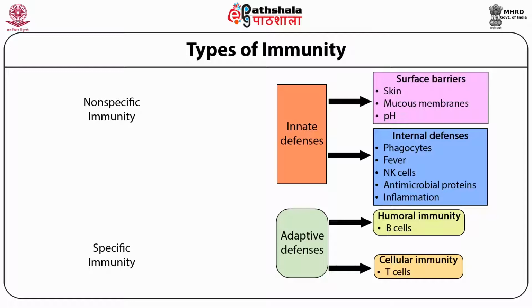When the pathogen binds to these receptors, the B cells proliferate and become effector B cells, which produce antibody. Similarly, the T cell also binds with pathogens and becomes an activated T cell that releases cytokines. These cytokines are involved in the activation of other immune cells, thereby allowing the killing of the pathogen.